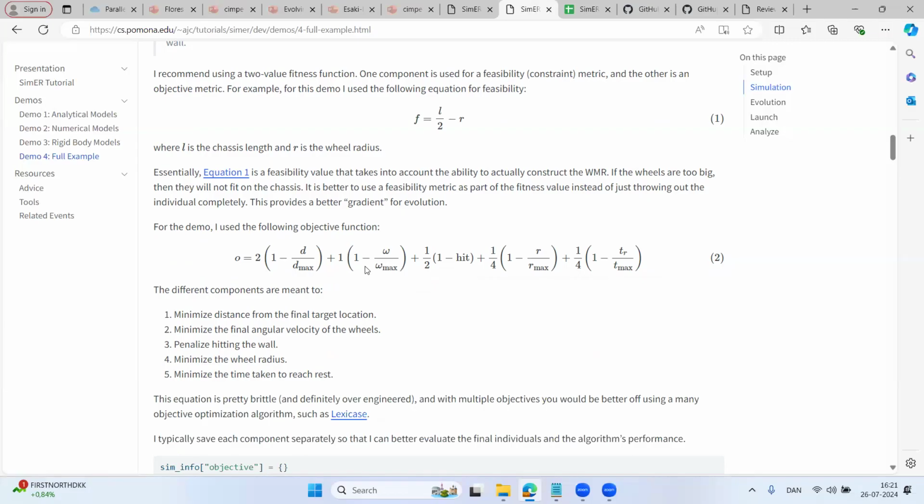I also optimized the final velocity. What I didn't want to happen is for it to basically just continually roll, and then at exactly 20 seconds it just happens to be over the target. I wanted it to come to a stop and be at 0 velocity over the target. So this is the final velocity, whether or not it hit the wall. I also minimized the wheel radius just to see what it did, because a smaller wheel gives you a better fitness, and it also makes you slower, and it also means you can't get over the step. So I just added that in as a way to see what the final wheel value came out to, essentially. And then how long did it take to come to a rest is the final little part here. So how quickly did it get to the end?